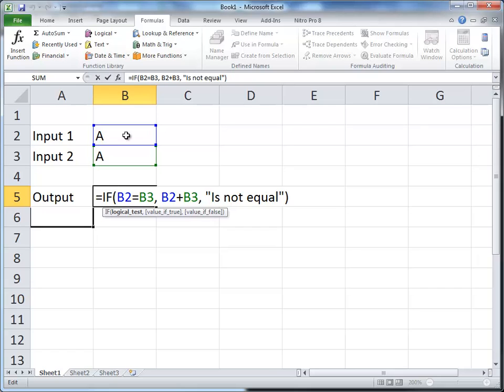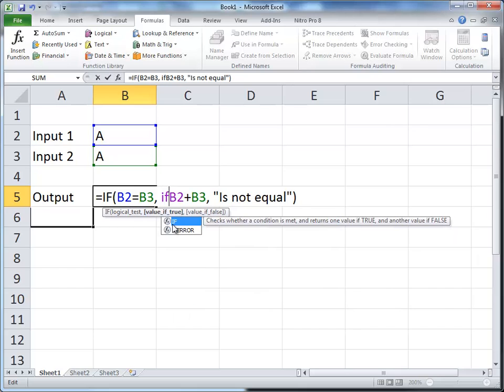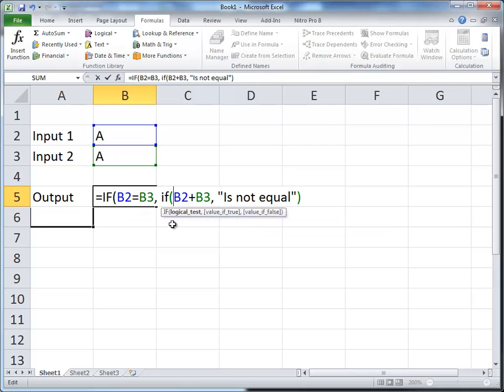And so what we need to do here is to test to see if both of those are string values or text values. And if they are, we need to do something else. The reason we have to test if both of them are is because if only one is, then the if statement here will force it to be a not equal. So what I'm going to do here is type if. So I'm putting a nested if statement. So I'm putting an if statement inside an if statement. And so I type if, open a parentheses,